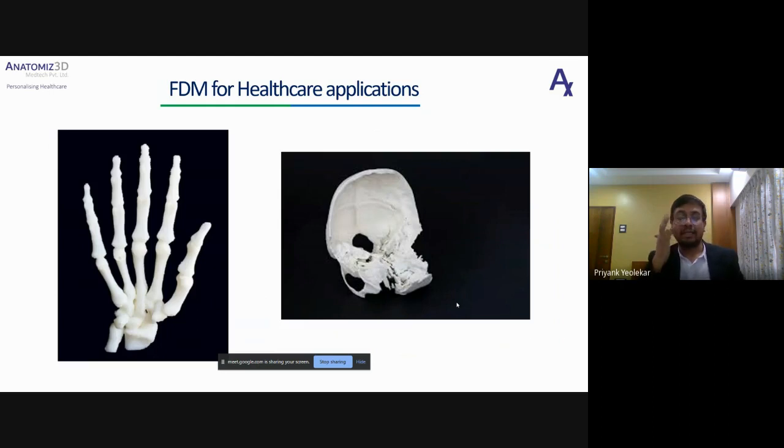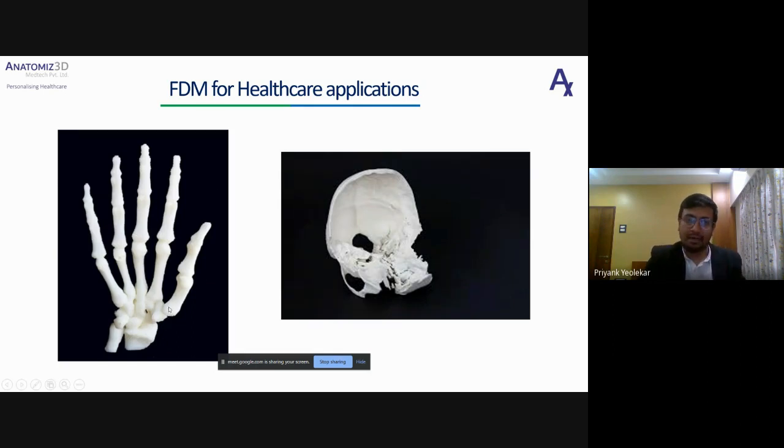So what are the applications of FDM in healthcare? If you remember the four broad categories which I have shown earlier, out of that, FDM is mainly used for your patient-specific anatomical models. The reason, there are two main reasons. It is a kind of a fast technology, depending on what kind of printer you are using. So for small parts like this hand, it will not take more time to print.